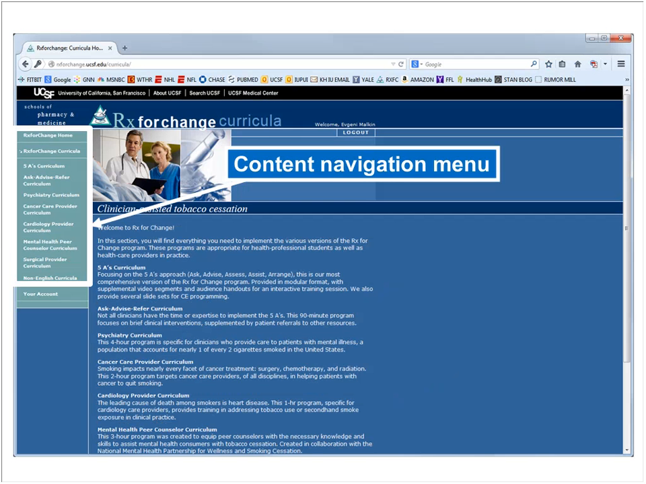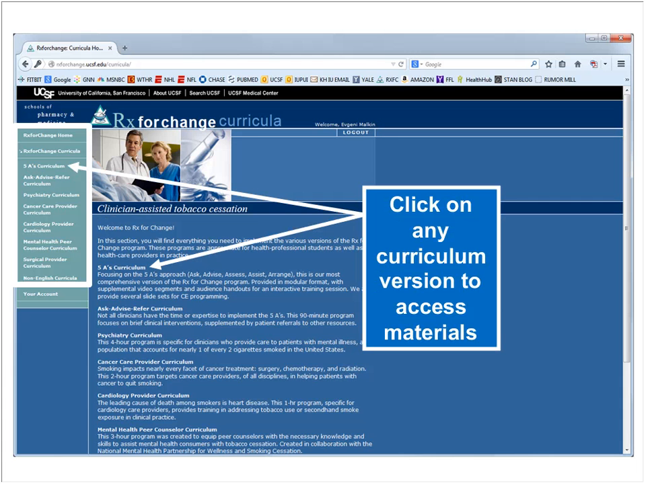And once you get in, you get the content navigation menu. These are the different versions on the left. I guess I'm probably flipping through pretty quickly, but I do want to leave time for questions. You can click on any of them. You can click on the left, or you can click over here, and this is a brief description of them